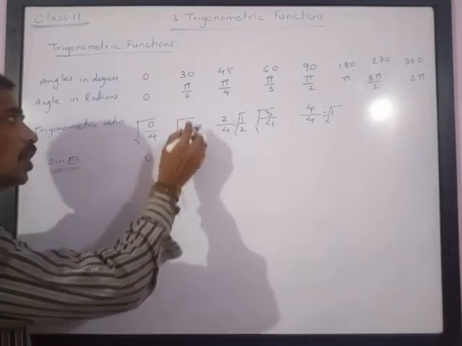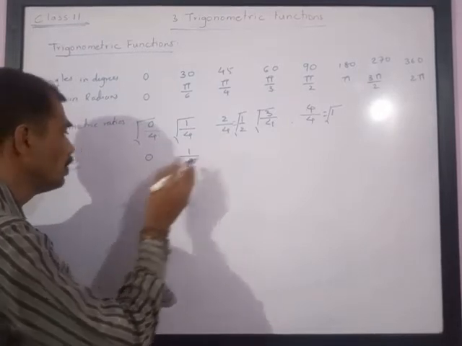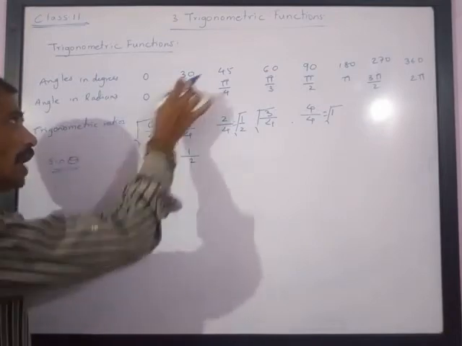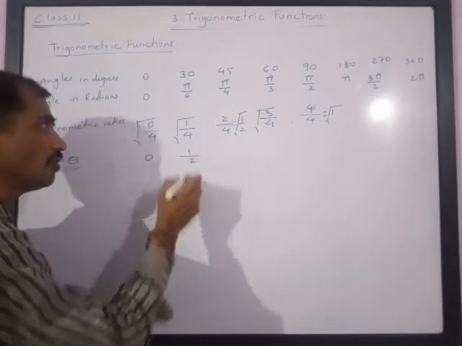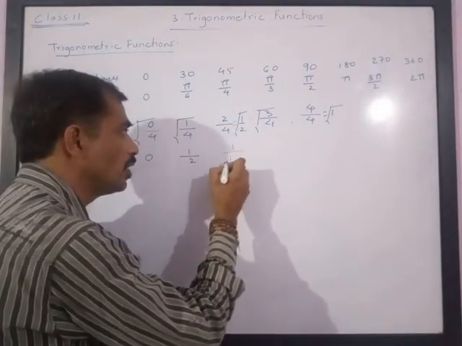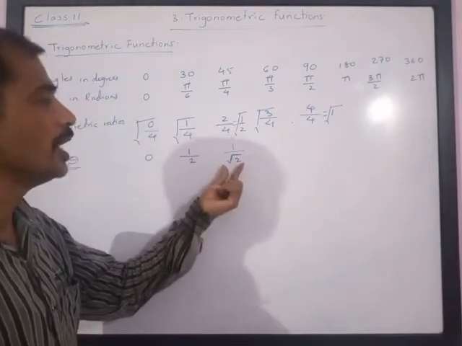Then next is 1 upon 4. Square root of 1 is 1 and square root of 4 is 2. Please note here sin 30 is half, or you can say sin of pi by 6 radians is half. Now if you take the square root of this, 1 square root will be 1 and 2 square root will be root 2. 2 is not a perfect square number, so it will remain in square root only.